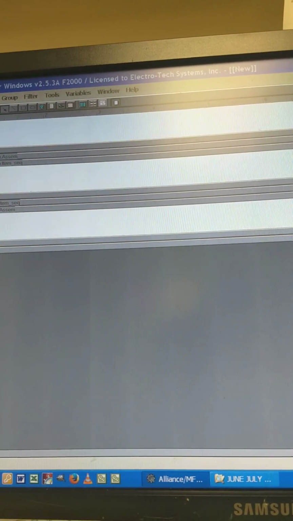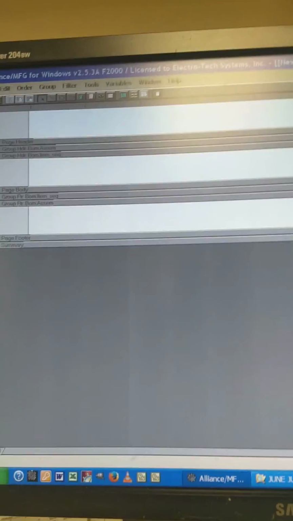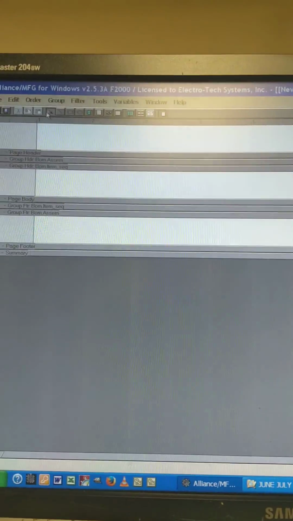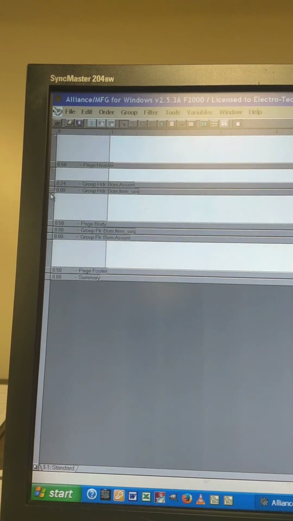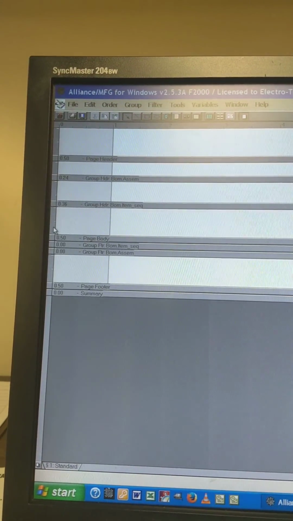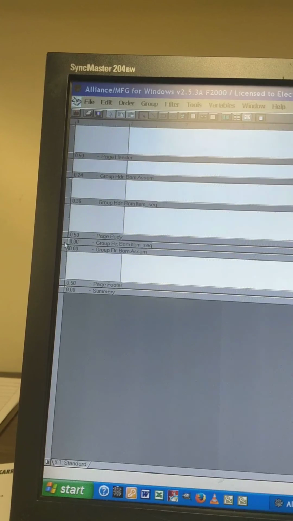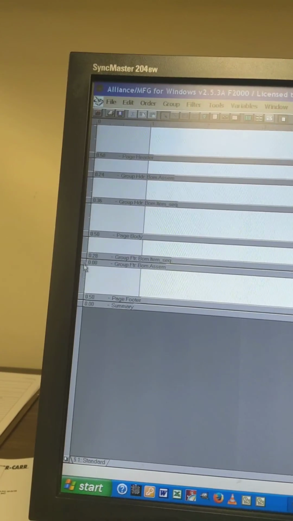Alright, so now we have most of the report set up. What we want to do now is set up our sections. What are we going to do here? Let's first of all make some space in here. You see what I'm doing here? I'm selecting the box here, I'm just moving it down. So I'm making some space in here to show you it can be done, and we're going to add some